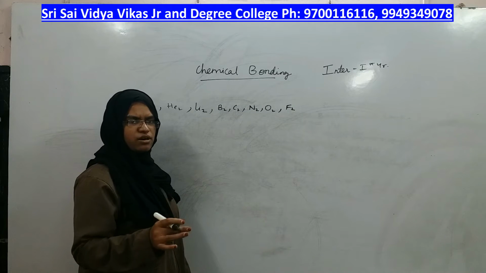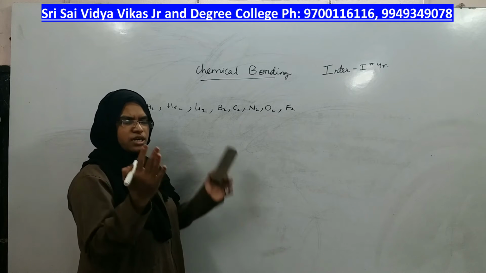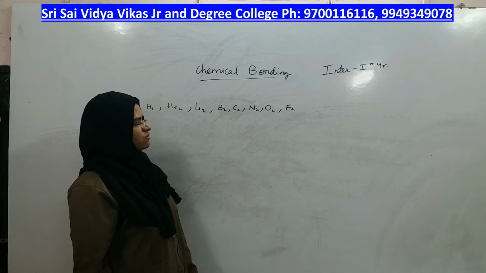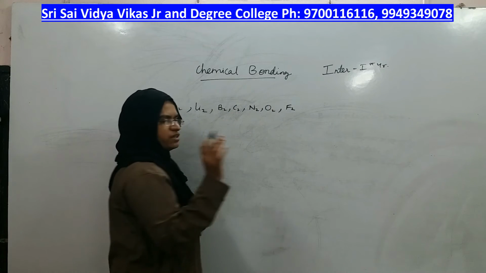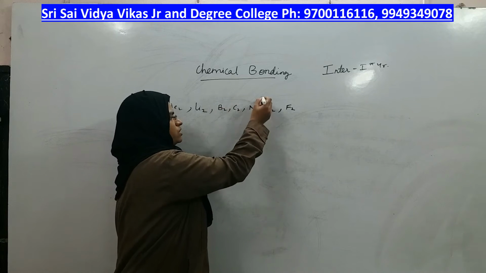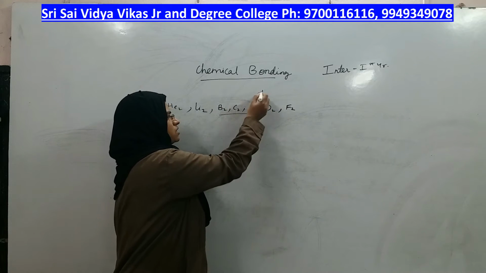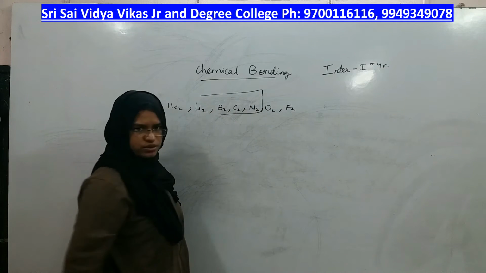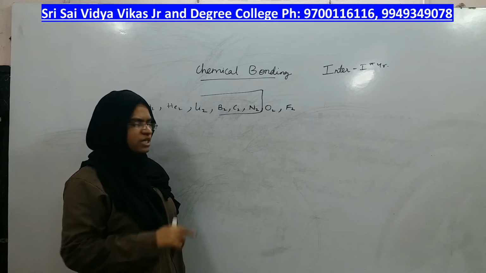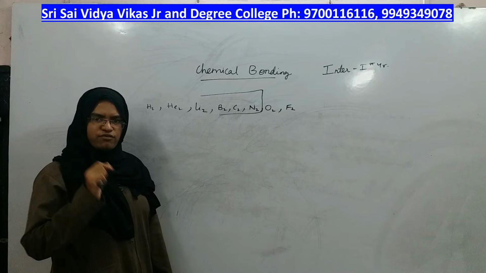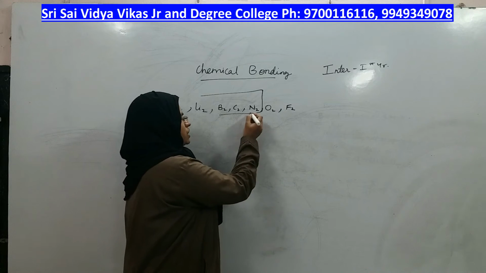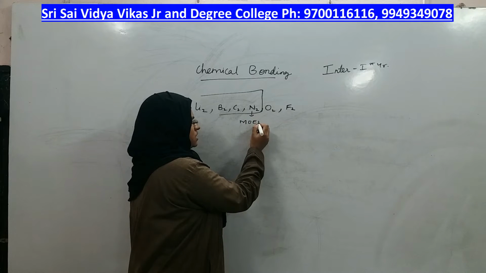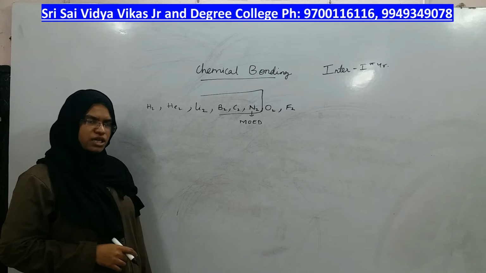If you are perfect in the electronic configuration of atomic orbitals, combining them will give you molecular orbitals, and in these types of molecular orbitals there is one difference. All of the molecules are not the same till nitrogen. Before drawing the diagram, we have to remember one point: for all the molecules from the beginning till nitrogen, the molecular orbital energy diagram is called the MOED of N2.